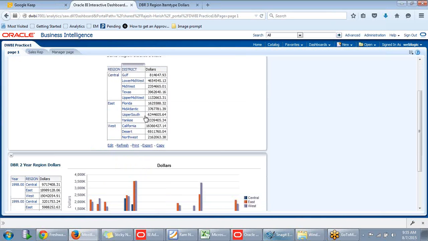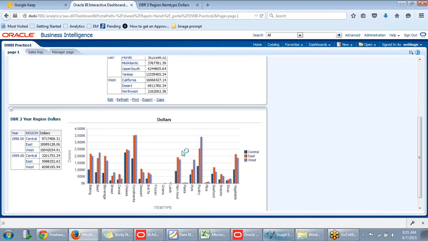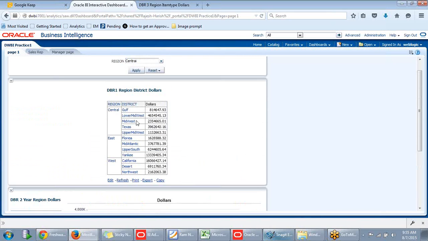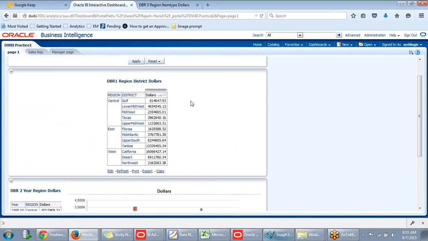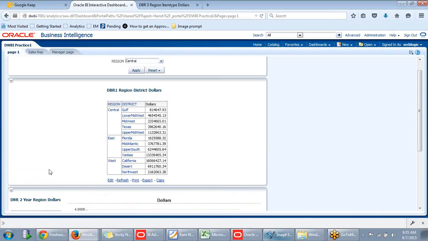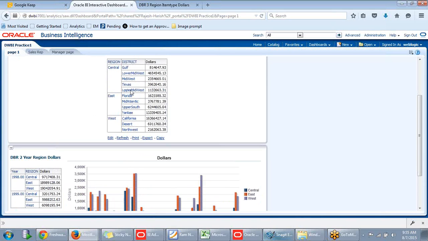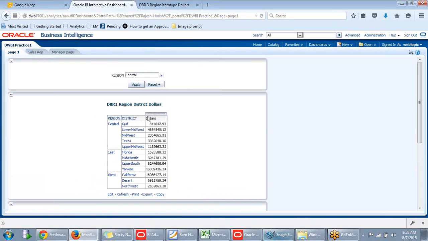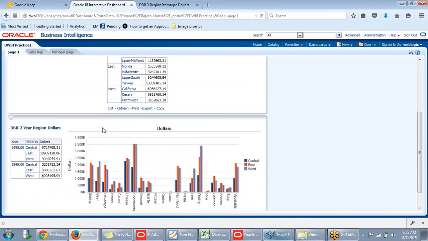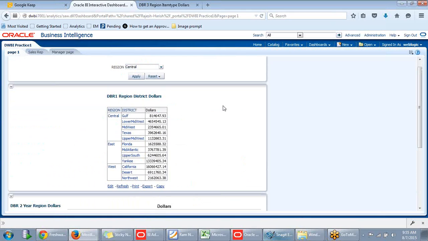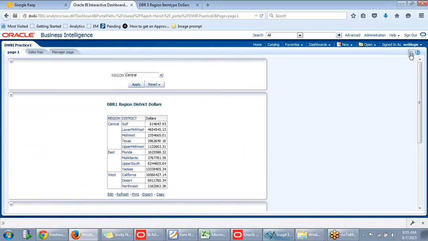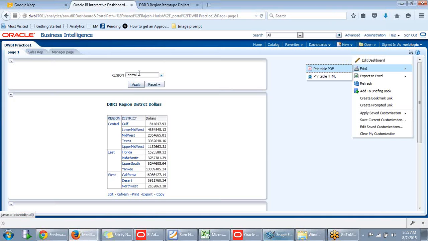No, it's not going to reflect any changes in any report. Why is it happening like this? Because I have just created this dashboard prompt individually, and I have not provided anything in these reports to filter them based upon this particular prompt. I have not defined it anywhere over here, so it's my duty to do that. If I want all these reports to get filtered based on this particular prompt, what I need to do is click on edit dashboard,